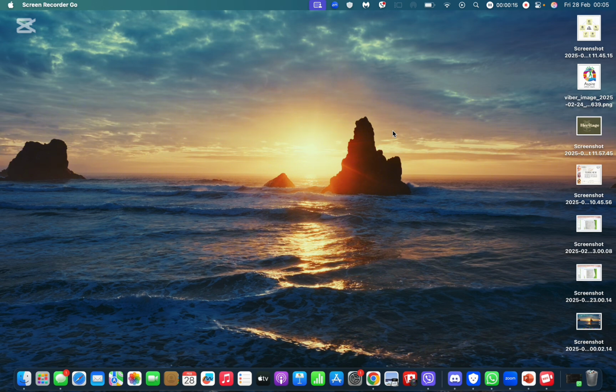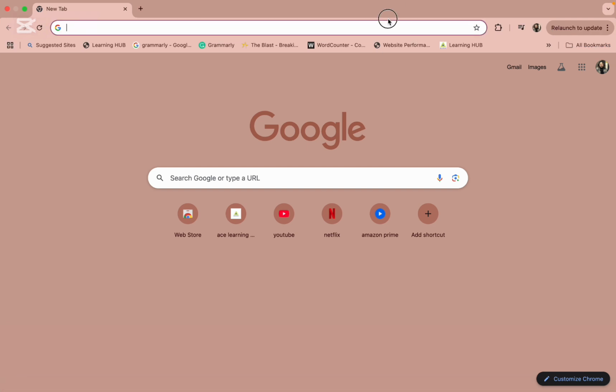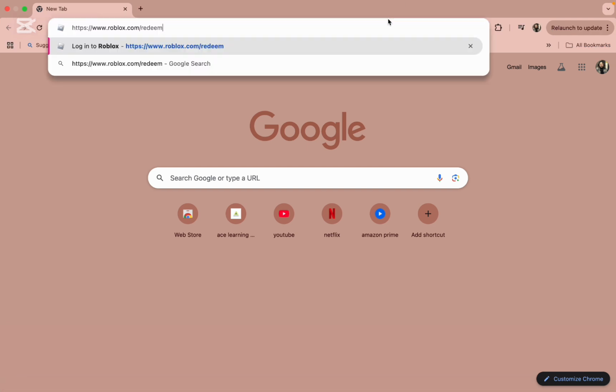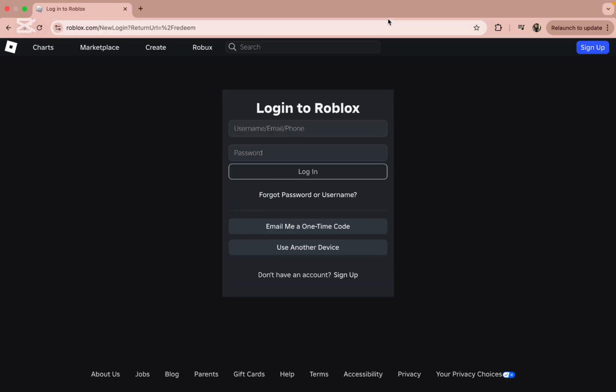So to redeem your gift card on Roblox, all you need to do is simply open a web browser and type in the URL www.roblox.com/redeem. After doing this, you will end up on the official website of Roblox where you need to log in to your account. So once you have logged in to your account by typing in your username, email or phone